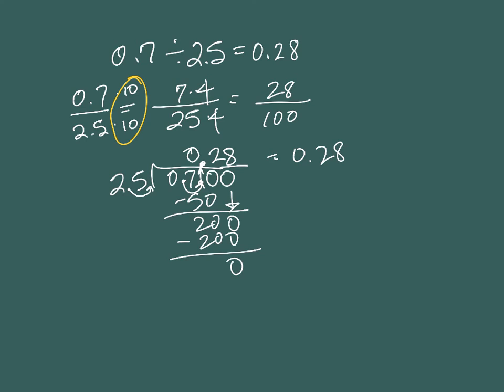So that is the motivation, and that's the reasoning behind this algorithm of, when the divisor is a decimal, just move it however many places you need to get a whole number, but then you also have to do that in the dividend. Because, like I said, that's exactly the same as getting an equivalent fraction like we did before.